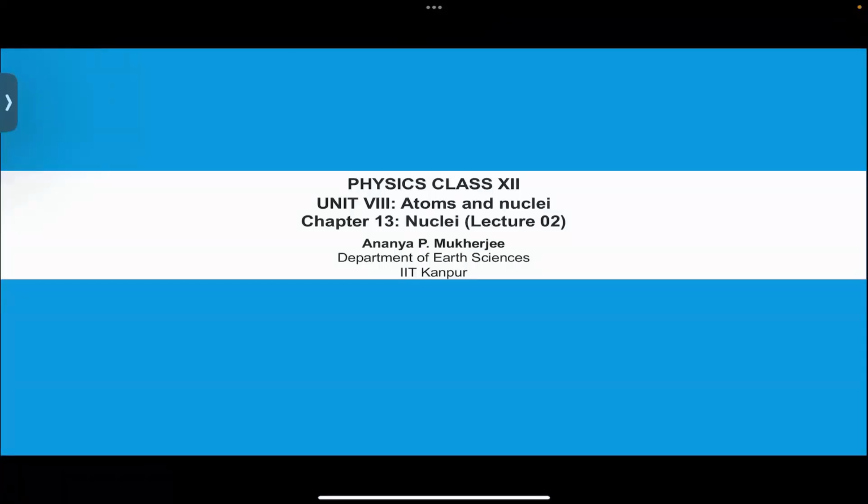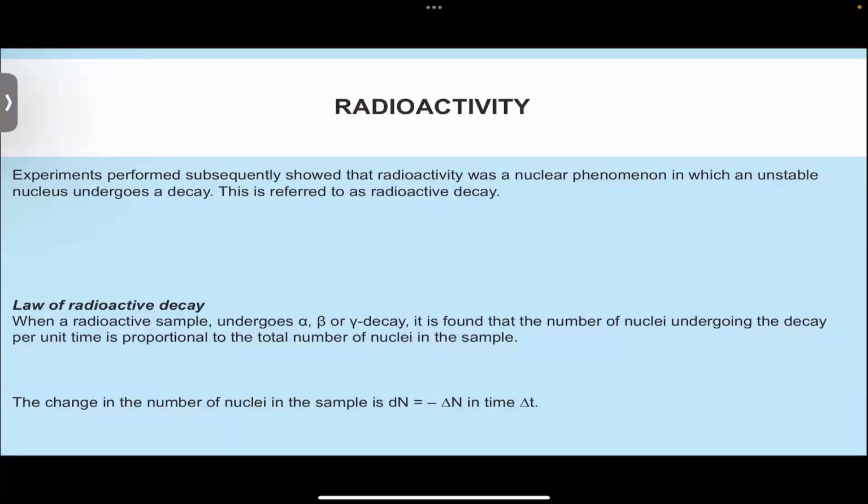So this is what we have done till now, and the last thing that we saw was nuclear force, and how it is stronger than your Coulomb force, your electrostatic force of attraction or repulsion, as well as stronger than even the gravitational force. Now we will move on to a very important part associated with the nucleus of an atom, that is radioactivity.